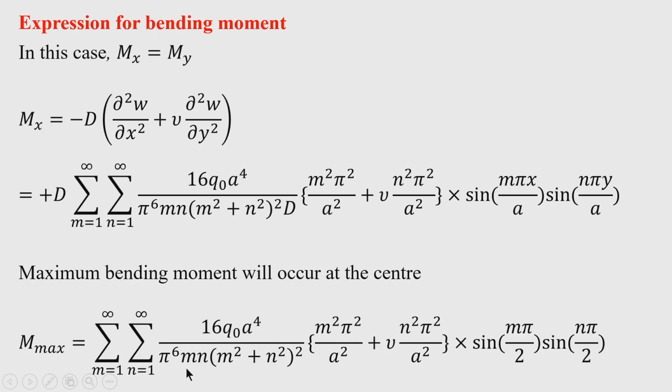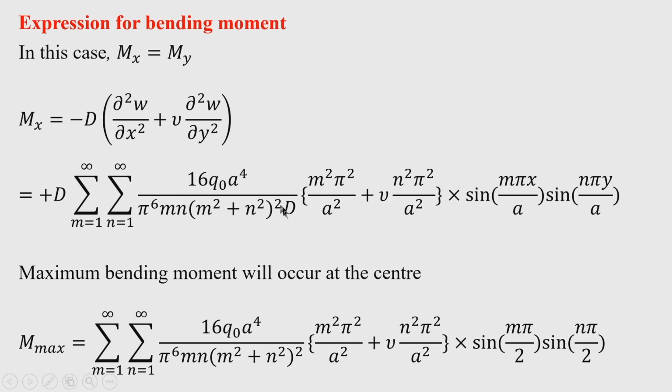But if we go for the higher derivatives to find the stress resultants like the bending moment, shear force etc., then the first term may not be adequate. So, here the bending moment expression is Mx is equal to minus D times del square w by del x square plus mu into del square w by del y square, and we have taken mu is equal to 0.3 later on. First we arrange this equation, okay, D will get cancelled.